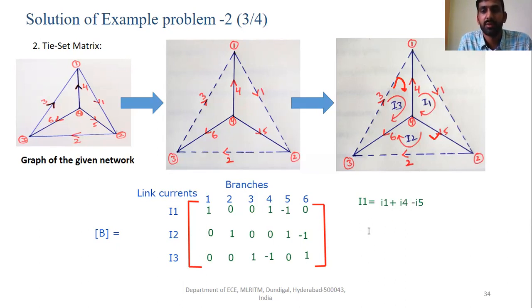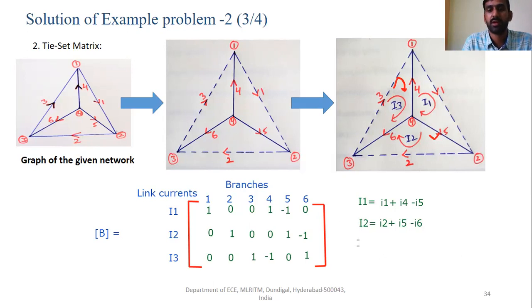Similarly, you can obtain the other currents. I2 is equal to small i2 plus i5 minus i6, right?